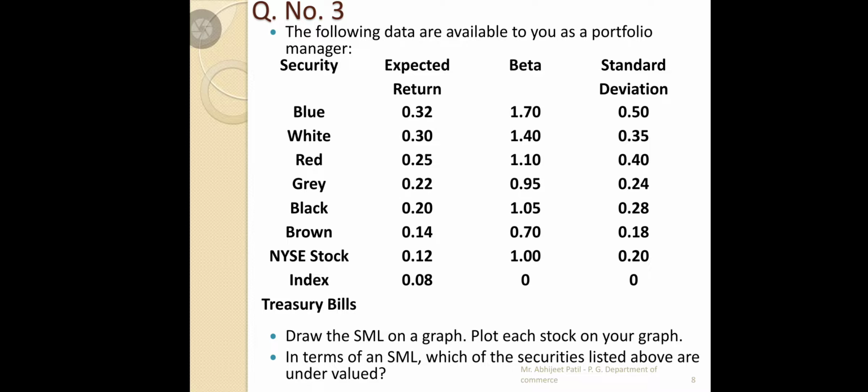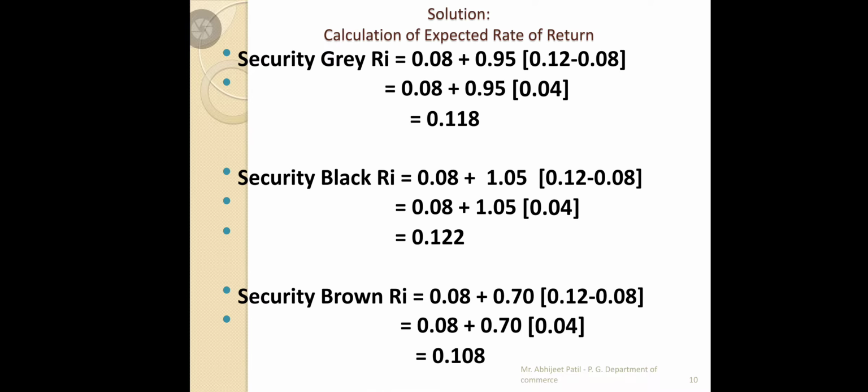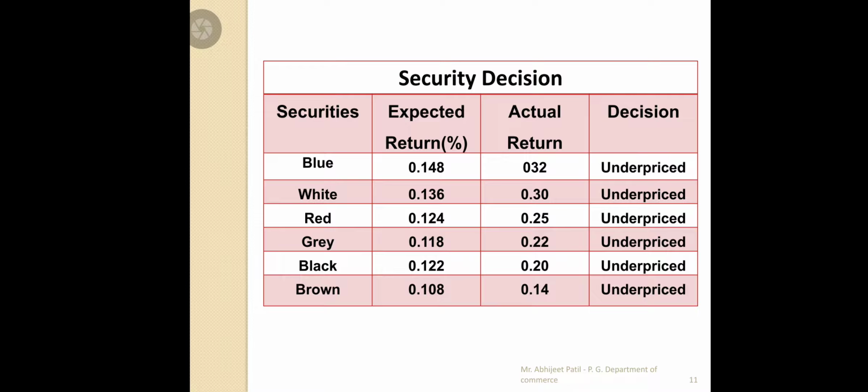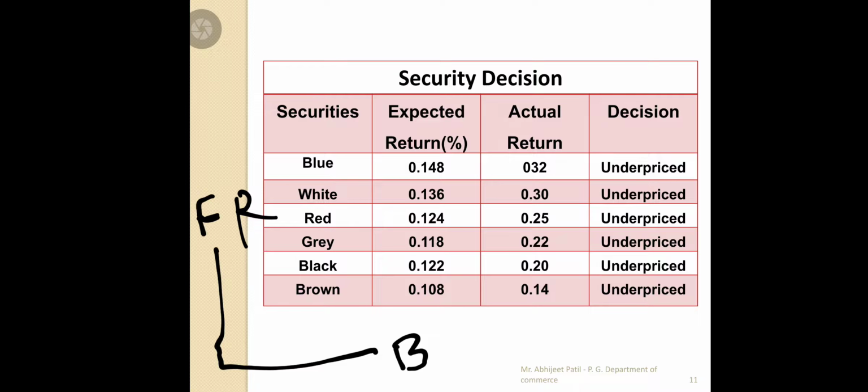Now here, treasury bills means your RF: treasury bills, RBI rates, government securities, or zero risk are denoted as the RF value only. So that is what has to be considered in this problem number two. And this is how the security market line should be drawn. The X-axis will be beta and the Y-axis your expected return. We should take that, and it should not begin with a zero value. It will begin with the RF. Such things come up in the security market line.